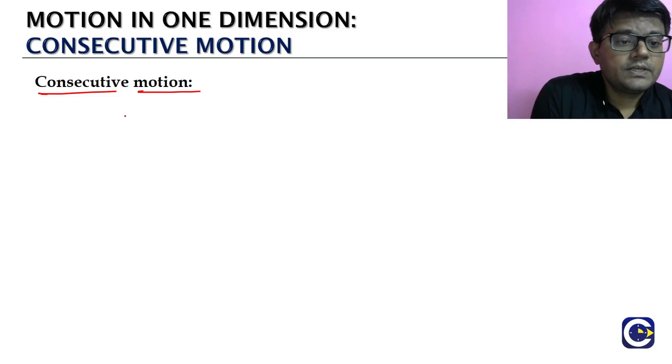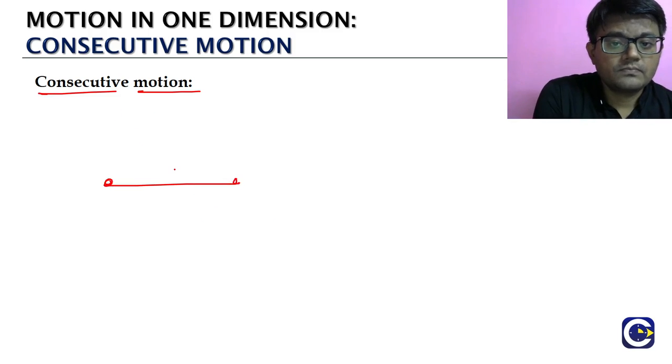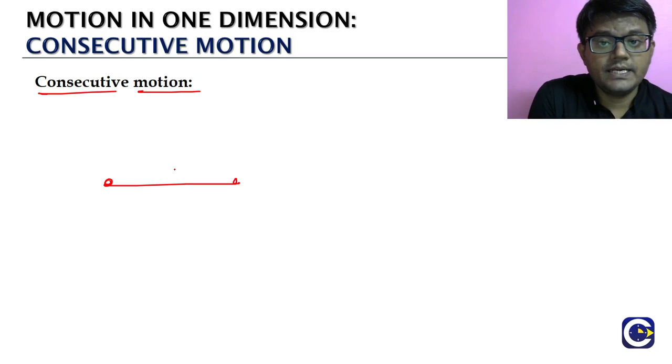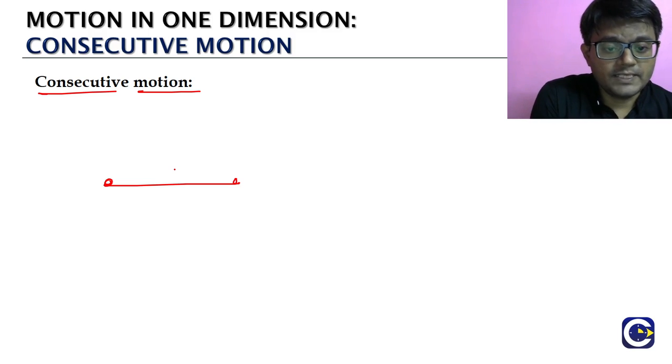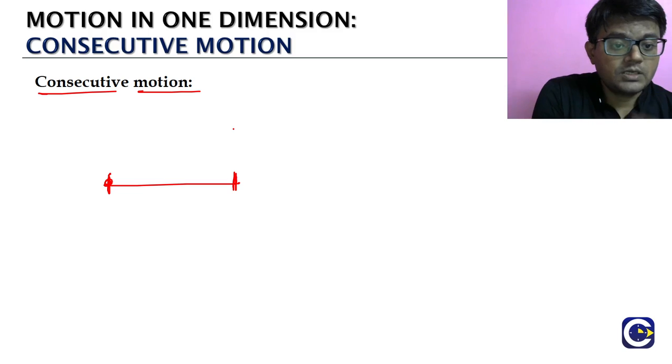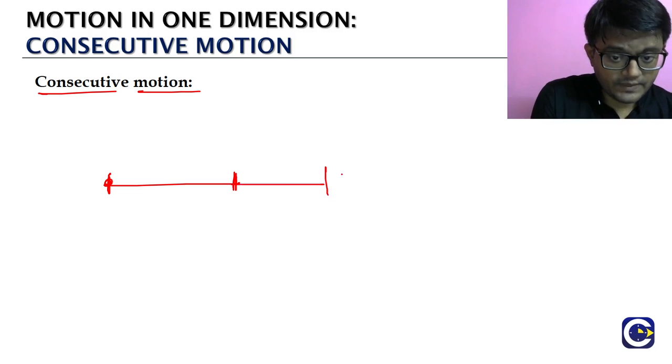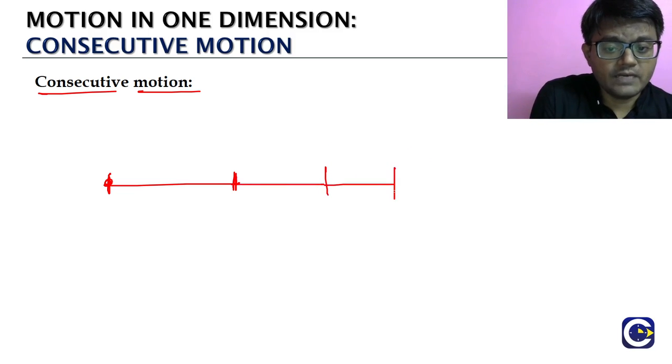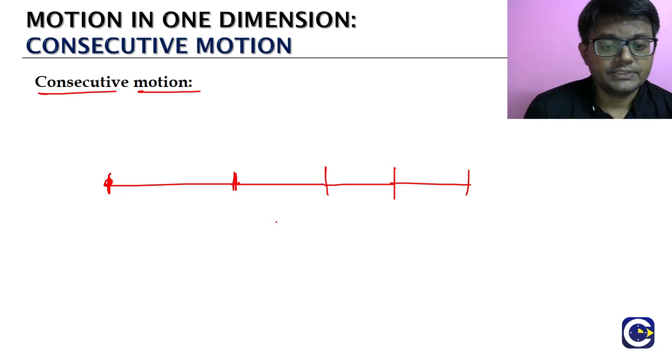Consecutive motion means if you look at the motion of an object, we can break the journey in terms of time, or we can even break the journey in terms of the displacement. For some part of the journey, it will have a particular type of motion in terms of parameters, and for the remaining part of the journey, it will have a different one. We can divide the journey into whatever number of parts it has in terms of the variation.